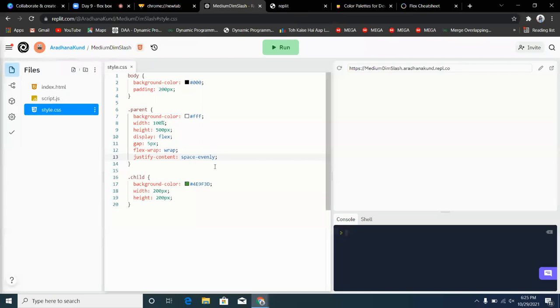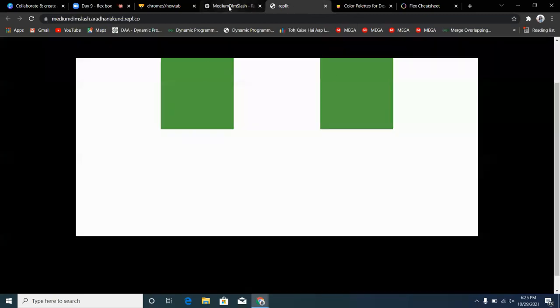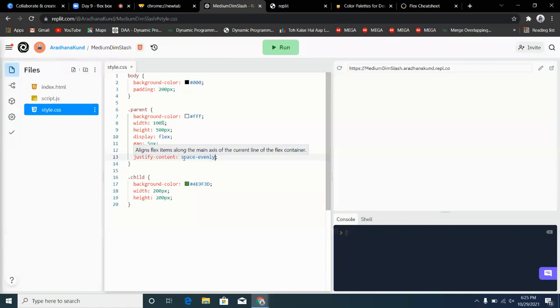Okay, so I'm repeating it again. If you want that from the reverse direction, I'm going. Okay, so if you want the space between both the child elements to be even, just write justify content, then space evenly. Now if you want some space around both the elements, but it should not be even, then you can write space around. If you write space around and refresh it, there is a space on the left and right of both the elements and you can see that there is uniform space, but this middle space is not the same as the left and right one.